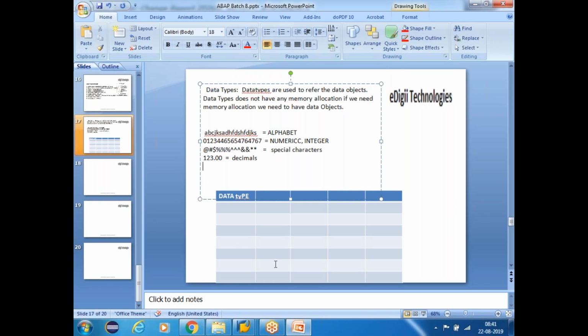And also, apart from price, where will we have decimals? Even quantities will have decimals, right? So 1.5 kg, even 0.5 kg will have a lot of value. If you go to the gold shop, the decimals are also very, very important. So normally in currency and quantity fields, we are going to use the decimals. This is the data which we are going to use, guys. And next is the